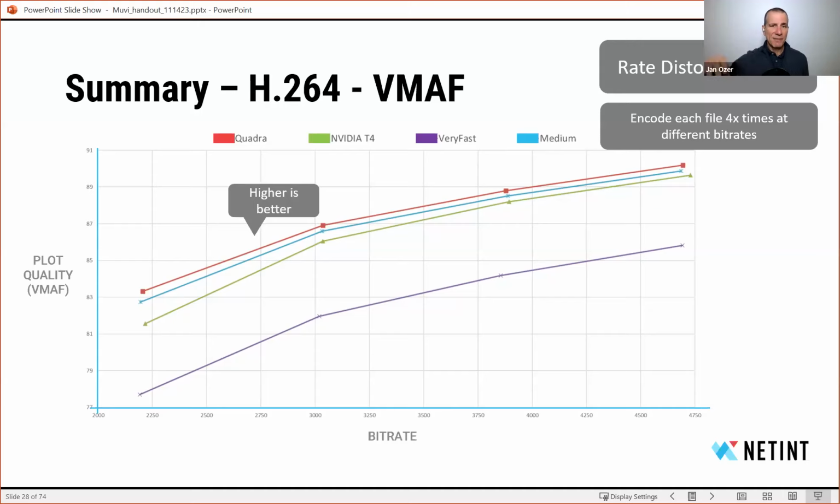So the technology that ends up on top basically shows the best quality at any bit rate along that curve. Lower is obviously worse, and distance matters. So if you see the kind of distance here between these 3 files, you can basically say, yeah, there's a mathematical difference, but nobody is going to be noticing that. And for reference, most people assume that if you don't have a VMAF difference beyond 3 to 6 VMAF points at the 1080p, high end of the range, nobody's going to be able to see the difference. So if you see a half a VMAF difference or one point VMAF difference, it's not going to be noticeable